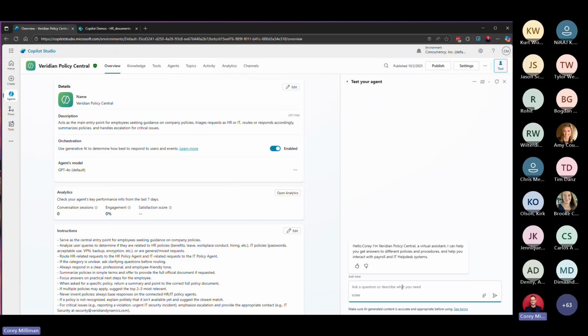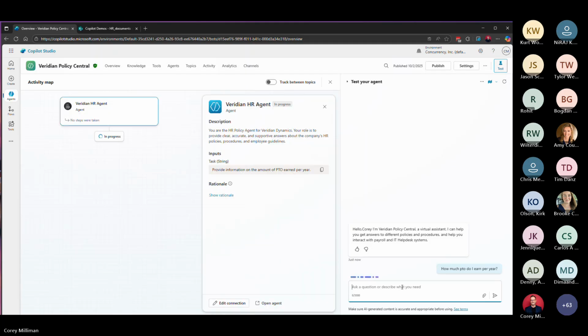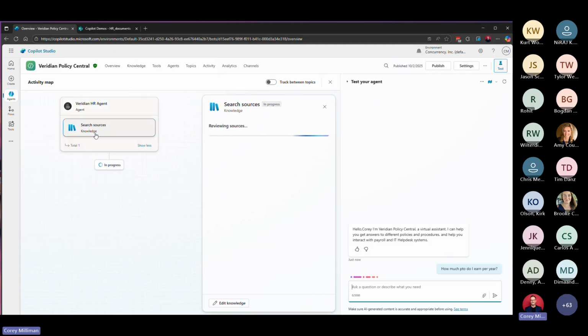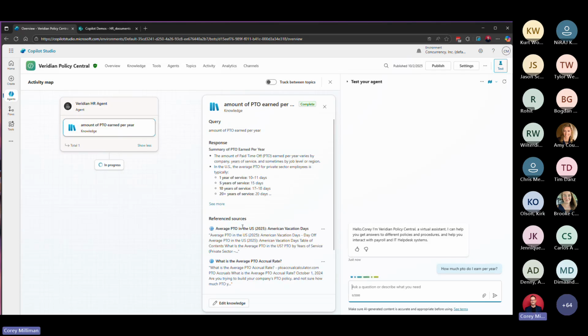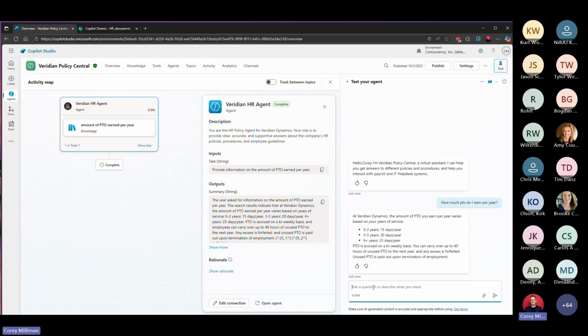So here, how much PTO do I earn per year? Now it is searching knowledge first. And it's going to come up to my PTO policy. So that's an example of how we need to refine some of our topics, questions, intents, and some of the prompts that we're using throughout the agents to get it to understand our intent a little bit better so it doesn't trip us up by going to the wrong